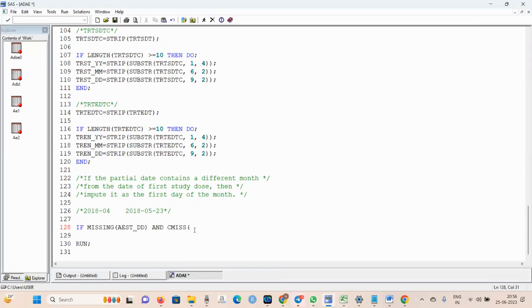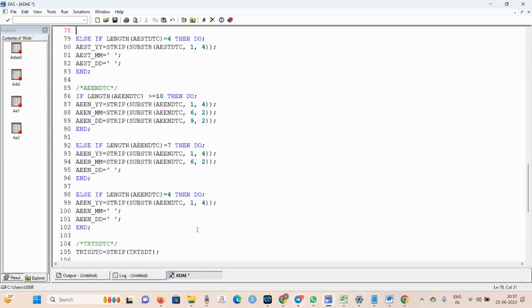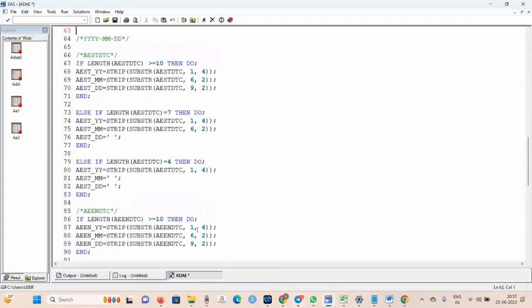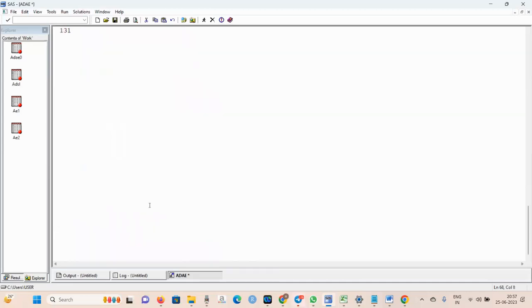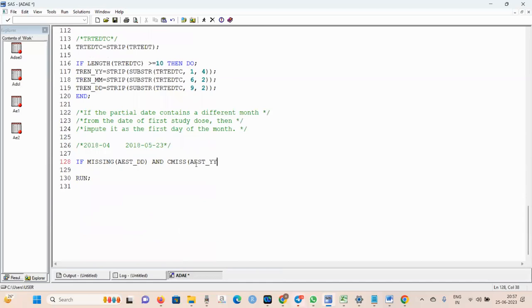If we don't have a missing year and month, you can check what the function of CMISS is in Google. It will give the syntax equal to 0. So if this is not a missing character, if you have a 0, it means these are not missing. Okay, then do